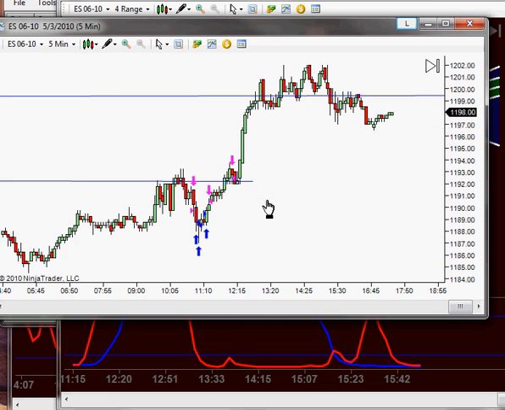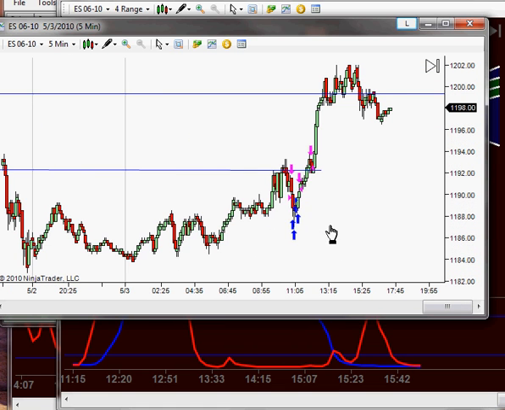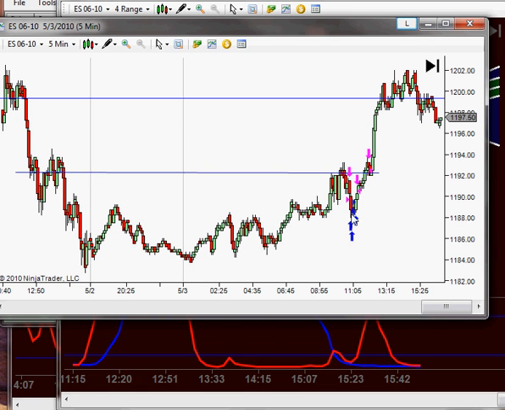On the 5-minute chart, intraday, you can see the orders I was taking today. Went short here and then went right back long, and I got out here before this move because we're up against this resistance level. And then as soon as we got out of here, the market screamed. There's no liquidity. Basically, a short squeeze happened, and a lot of people who were short put their stops behind this and this, and they got squeezed out.